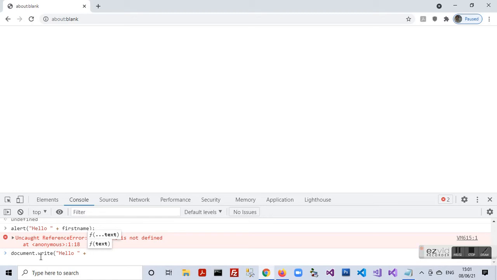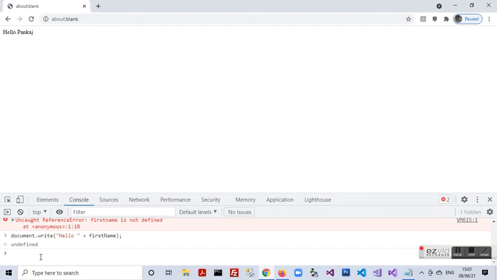So typing in this statement document.write hello plus firstName, I put in a semicolon and press enter, and within my document window I see the message hello Pankaj appears.